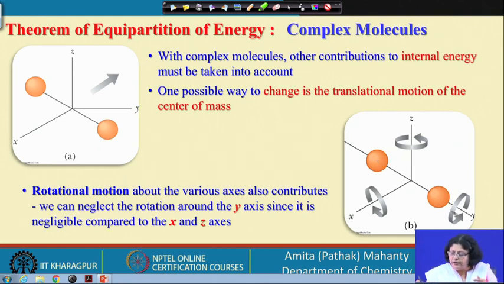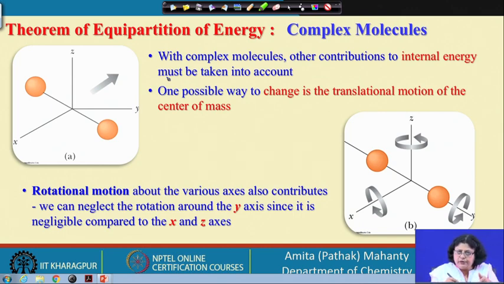Suppose I have this molecule along the y axis. Now, I rotate along x or along z. Then you have modes contributing to each of the movements along x and z. Since the molecule is along the y axis, the contribution from rotation along it is minimum, so we say only two modes are contributing. Here, when we talk about translational modes, the center of mass can move in the x direction, the y direction, and the z direction.